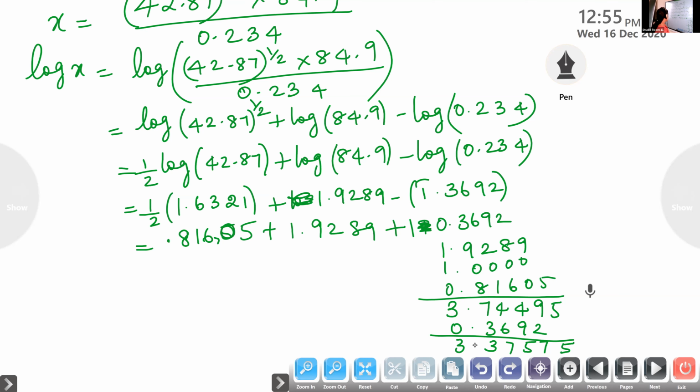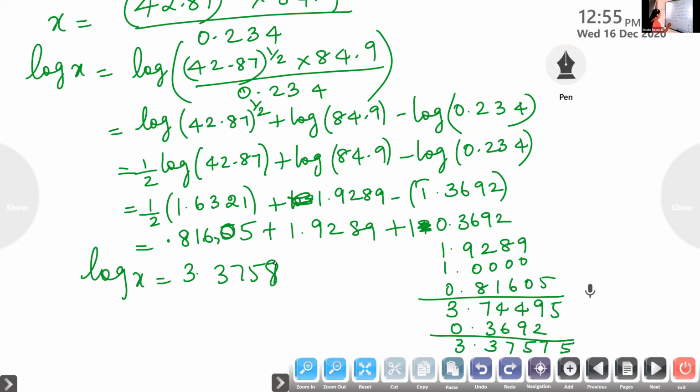Now is it okay, Anila Mohanan? Yes, ma'am. So the final answer we are getting is log x is 3.3757. Okay, after the decimal, if there is one more place, you round it off, so 3.3758, if it is more than 5, because we need up to 4 places. The 5th place, we can round off.